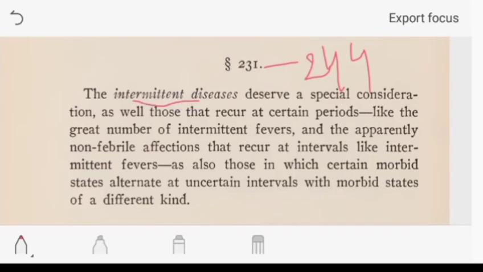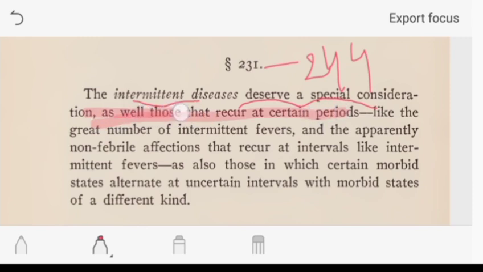Intermittent disease. Okay, so first, in 231 it is written that in this video we will discuss all the words, from 231 to 244, given as instruction by Dr. Hahnemann, crystal clearly, one by one. Intermittent disease: first he gave that the intermittent disease is the disease which deserves special consideration, as all of them recur